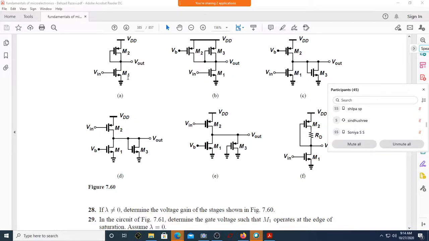Let us try to understand what type of amplifiers these are. Maybe the material that I shared yesterday will be useful in trying to find the voltage gain of these circuits. These are all called amplifiers, though it is not specifically said as amplifier but as gain of stages, because an amplifier is going to have a number of stages. One of the stages is this, so the textbook asks for the gain of stage A, B, C, D, and so on. Fine, so we will start the analysis now.